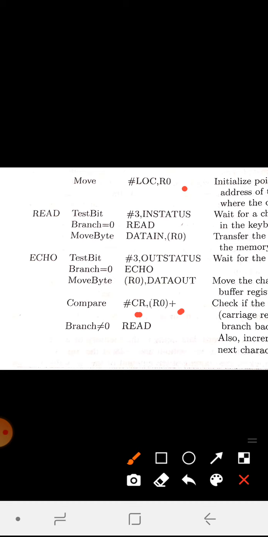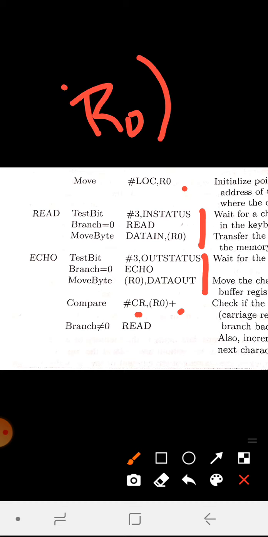R0 is acting as a pointer which will be pointing to the memory location. This is to check SIN and this is to check SOut. Instead of using a register directly from data in to R1, we are using a pointer register R0 and putting it in a memory location. So we will be moving the data from data in to the memory location pointed by R0. Similarly, from the memory location pointed by R0 where the data is present, to data out.